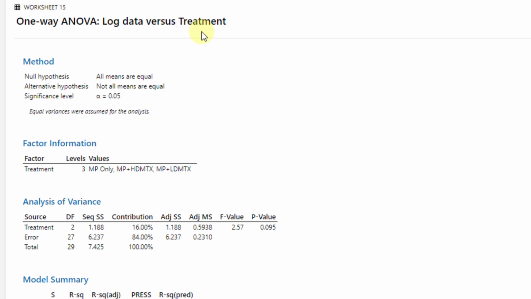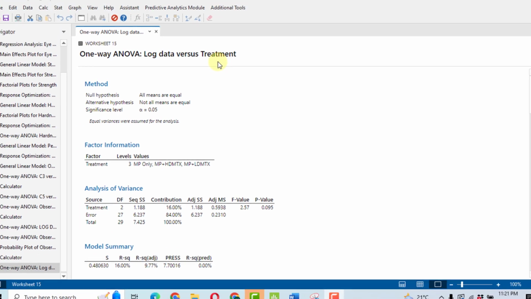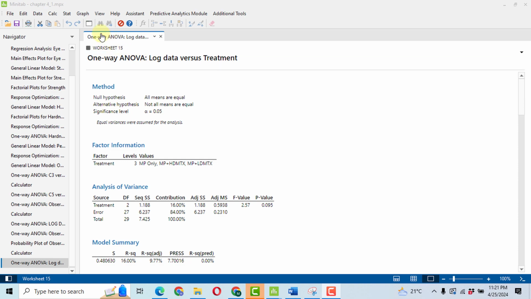So in this problem, we transformed the data, we checked the normality assumption, we performed the residual analysis, then we performed the one-way ANOVA twice. Still, if there is any question regarding this analysis, please feel free to contact me on my WhatsApp number given on my email address. I just want to add one thing, that if you want to perform the regression analysis, then